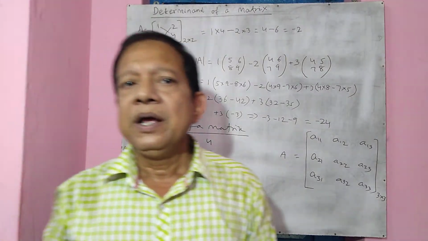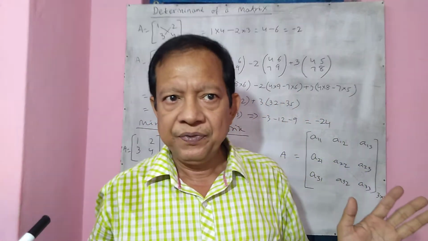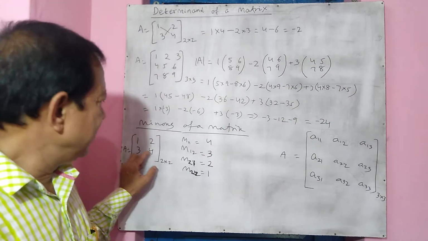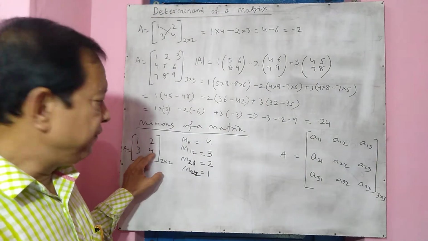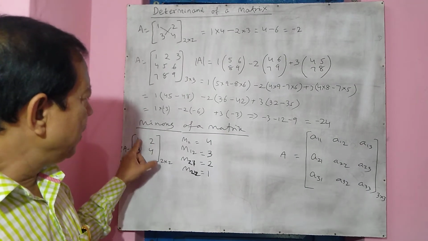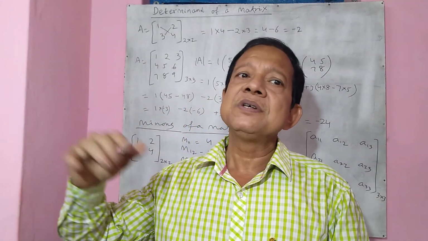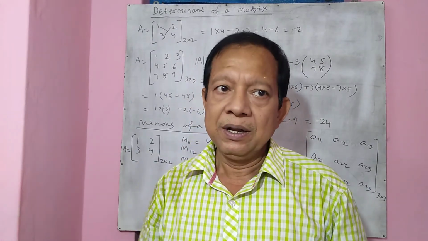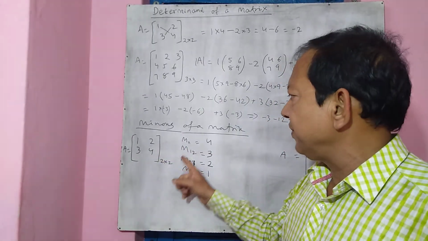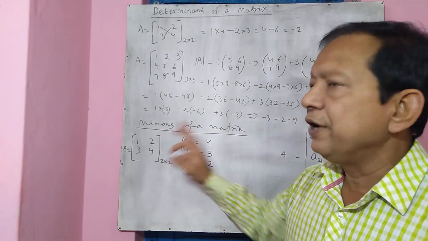So in case of a second order matrix, to find out the minors is not at all difficult. Simply you write the minors as the opposites in the diagonal. If I say 1, the minor is 4. If I say 2, minor is 3. If I say 3, minor is 2. If I say 4, minor is 1. So the minors are nothing but the opposite numbers that exist in the matrix in the diagonal. So this is the minor of the second order matrix, that is 2 by 2 matrix, where we found out the 4 numbers, that is the minors of 1, 2, 3 and 4.